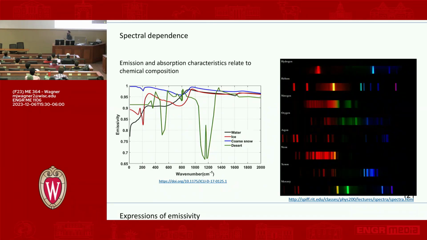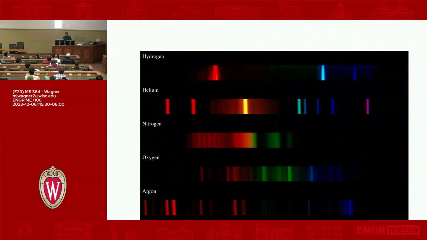So you might wonder where this comes from, where it arises from. To tell you how these properties originate, what I'm showing here on the right is a spectral map of emission from individual elements. It's really hard to see, so let me zoom in a little bit. Up on the top here, we have hydrogen. What this is saying is, as a function of wave number, which is a proxy for wavelength,